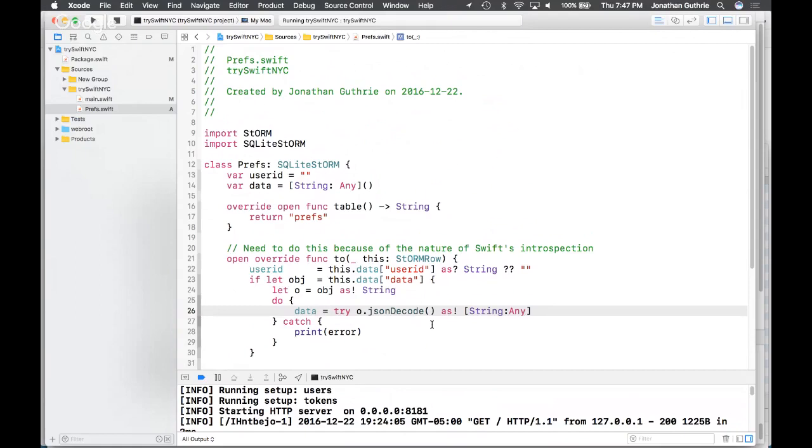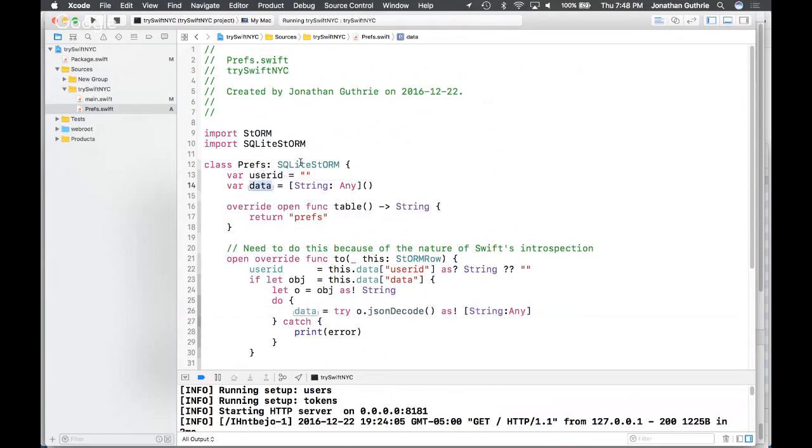And it's a little frustrating for those of us that actually need to use introspection, like those of us that write ORMs, because introspection is really important to be able to look at a class and say, I have a user ID and a data property.